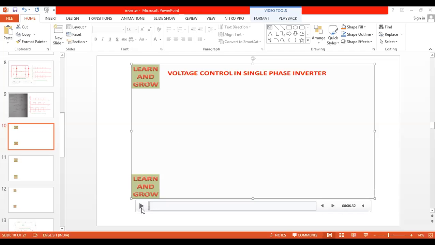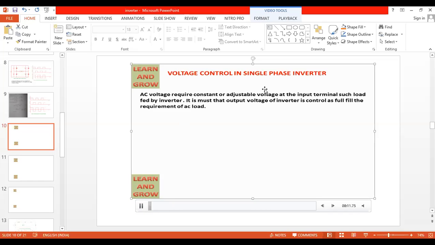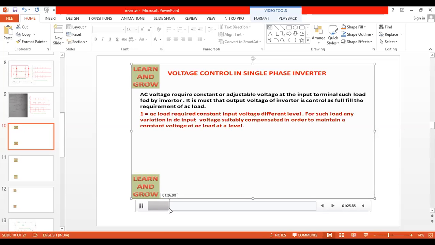The pulse width modulation concept we have studied in detail, the sinusoidal pulse width concept. You can adjust the voltage. This is a simple theory statement. You can find it in any textbook, any material. As per the requirement of the load, we have to vary the output voltage. So how to explain voltage control? Voltage control of inverter is categorized into internal control as well as external control. So which one is best? 100% internal control of inverter is efficiently used everywhere. How is internal control possible? It is possible with the help of the pulse width modulation technique.